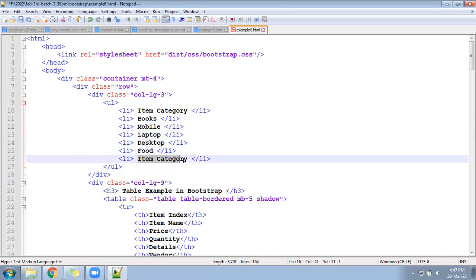Write one more, clothes category. Okay, so these are all the categories of contents we have.